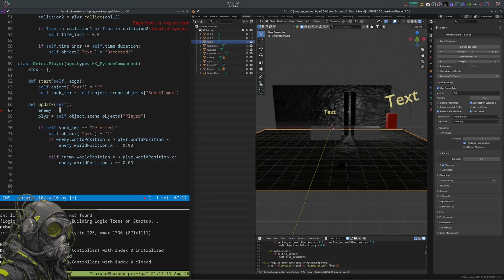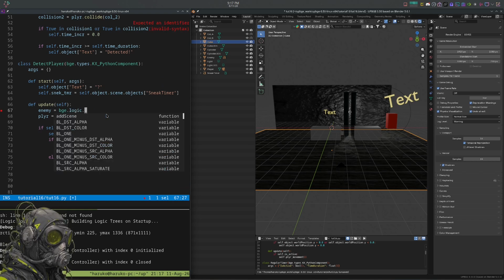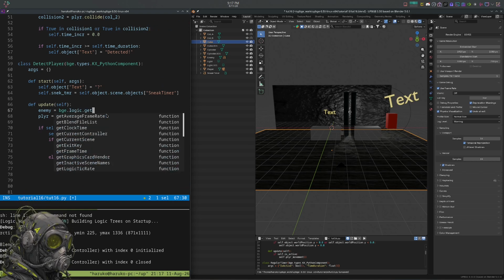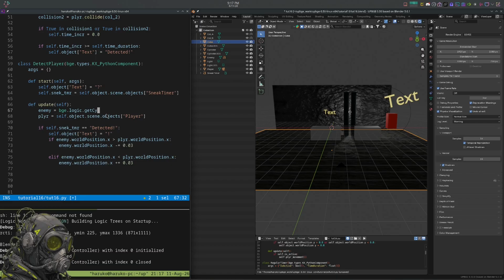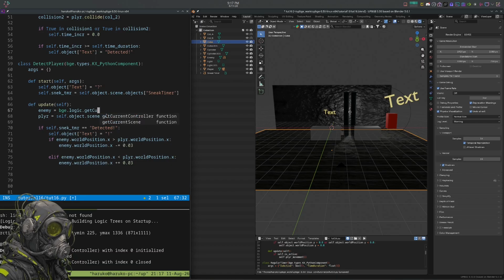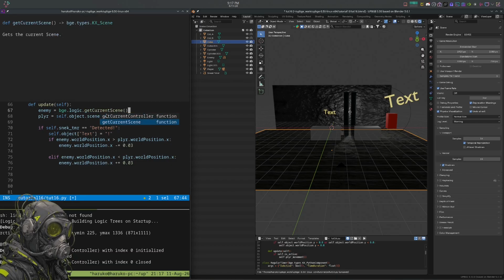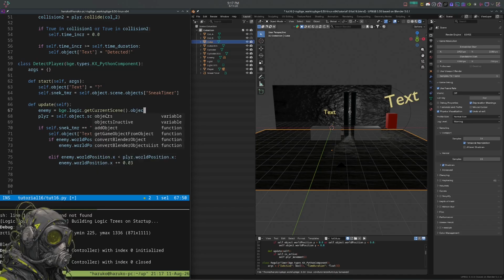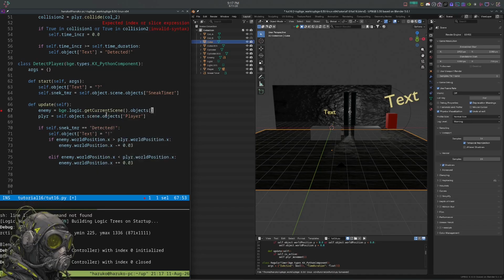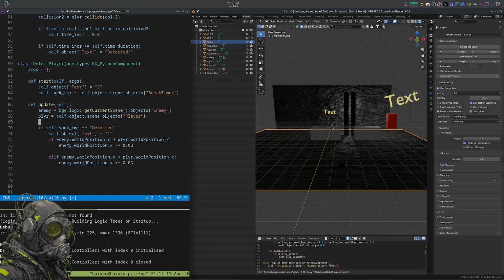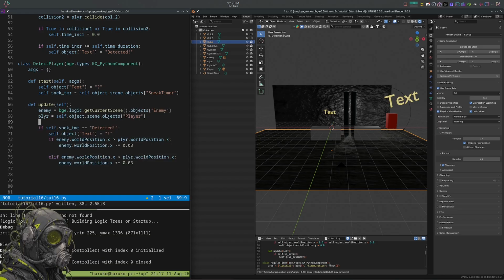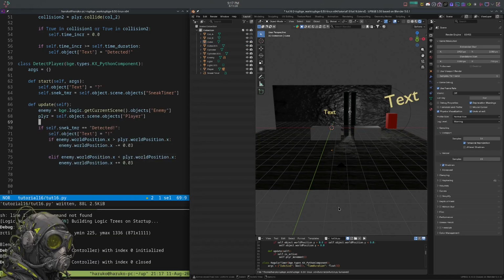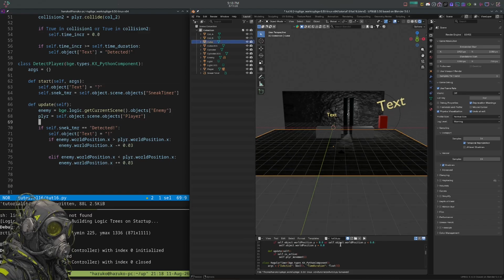Let's just do it this way. bg dot logic dot get current scene dot objects enemy. Okay. Then we'll do